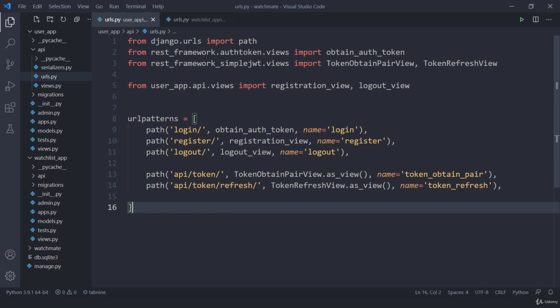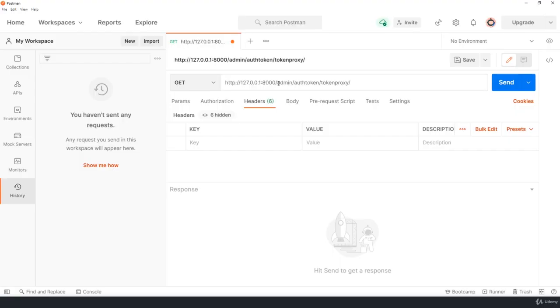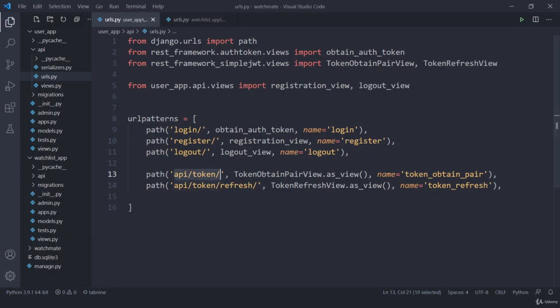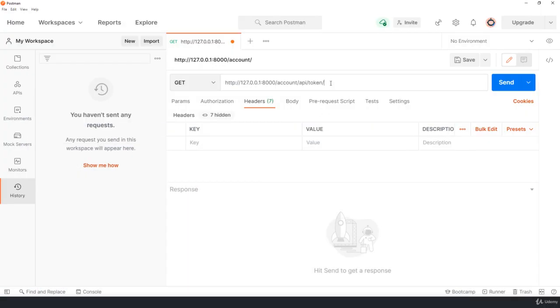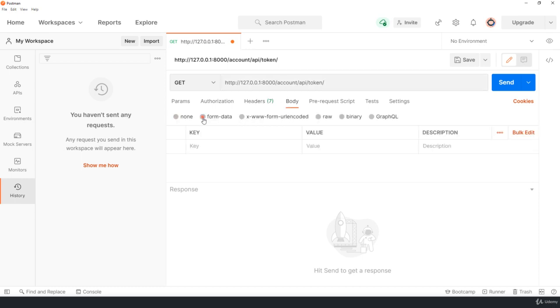So the first thing I'm going to do is test out login. So we have account/API/token to access our login part. And here I need to visit account/ and this is going to be my token address, which is API/token. Now here I need to send two pieces of information initially to just log in, which is going to be information about